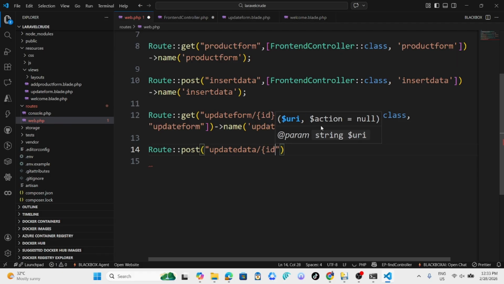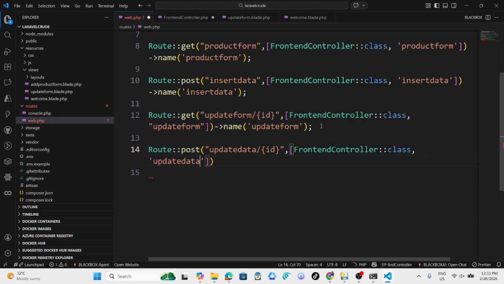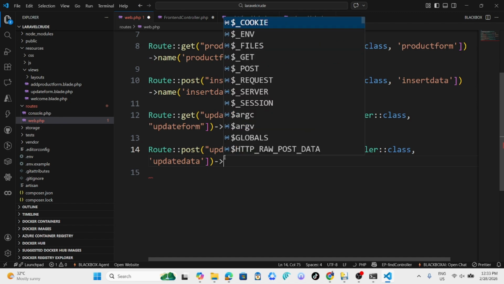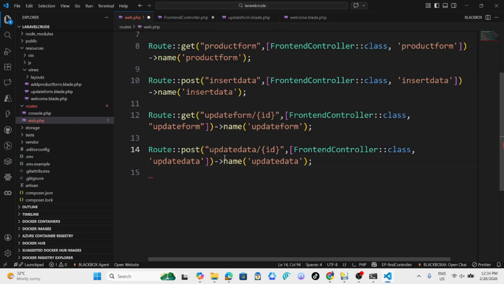We are taking the ID, and now we also want to update data. I like to name it update data. Save the changes. Now move back to